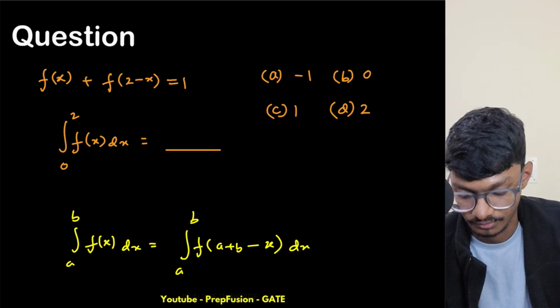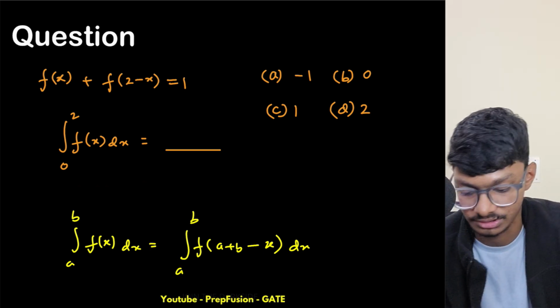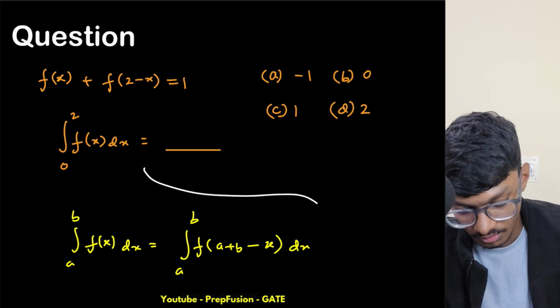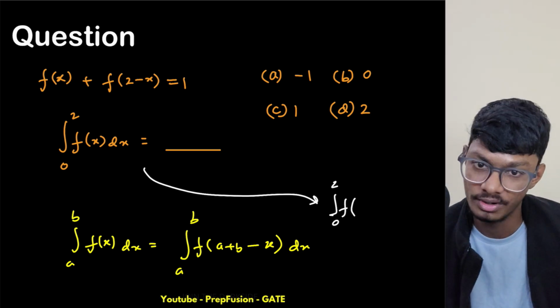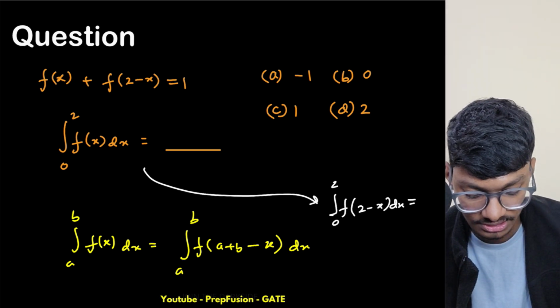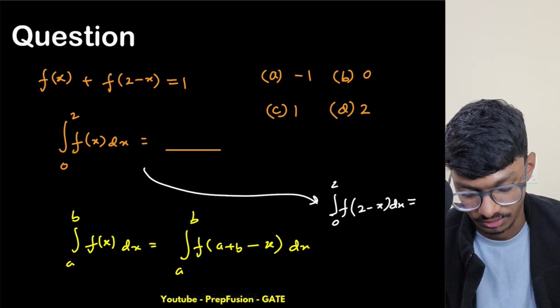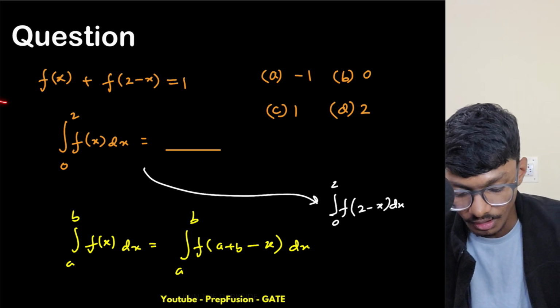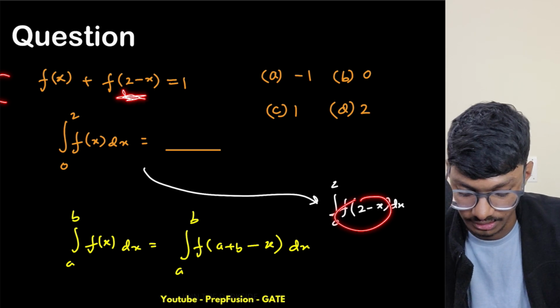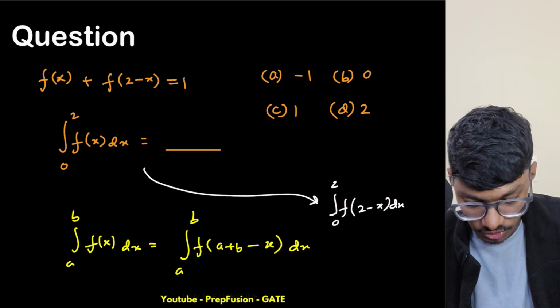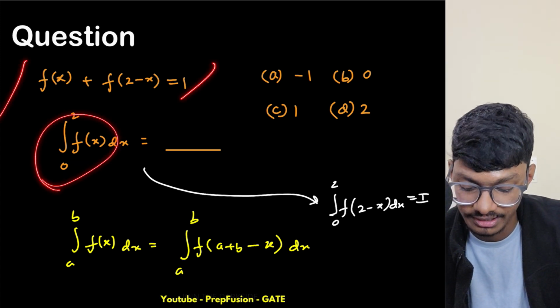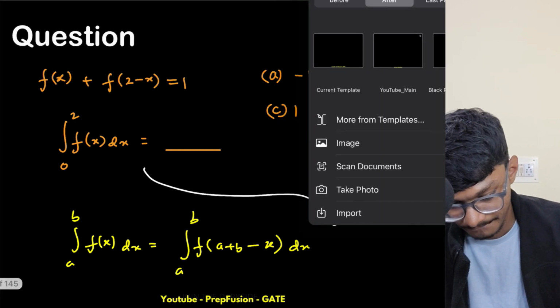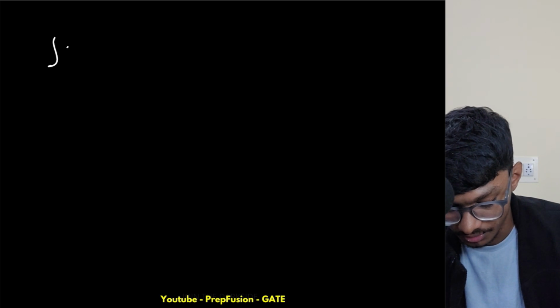Can we apply something here? Yes, whenever this type of question comes up, you can do this. So with this property, integration 0 to 2 of f of 2 plus 0 minus x dx will be the same again, like this only. So this is equal to this only, we just have to integrate this whole equation. If I write this as I, this will also be I. So if I integrate this whole equation,